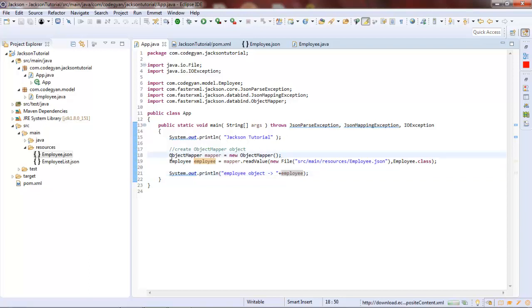So this part is done. We have created an object mapper object, and then using that mapper, we have read our JSON string from this file and tried to convert it into the employee object. Let's run this program.